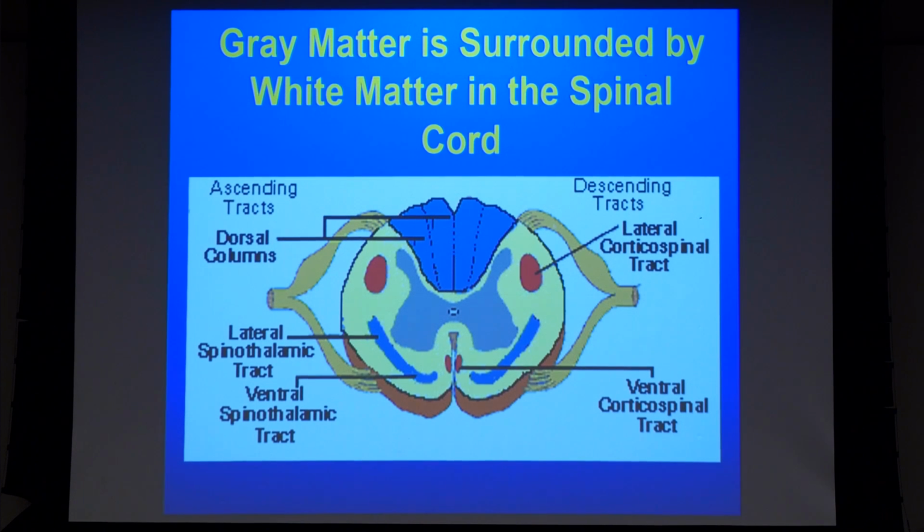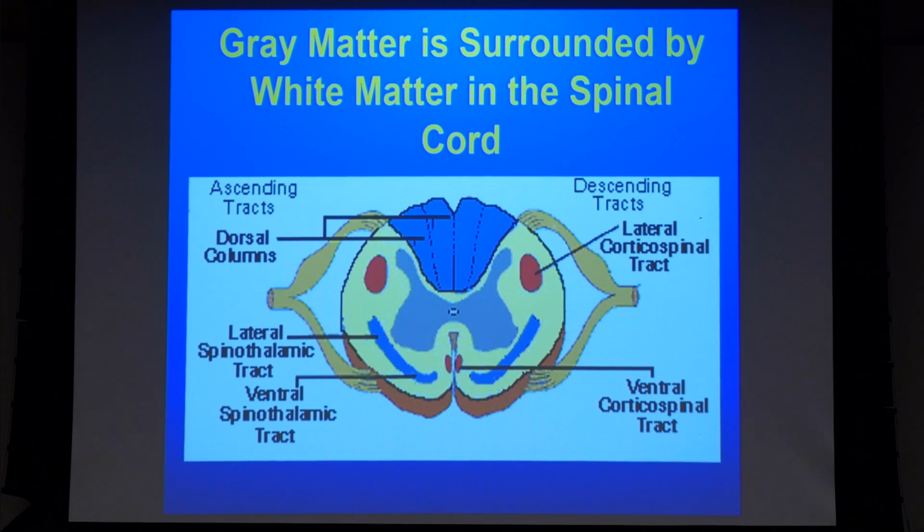The two that we just talked about is the one up here, which is the dorsal column system. And this will contain the axonal processes, the conductal processes of sensory neurons whose cell bodies are here in the dorsal root ganglion. They will then have come into the cord and have a branch that enters the dorsal column system and will then ascend the cord all the way up to the brainstem, where they'll form synapses in the